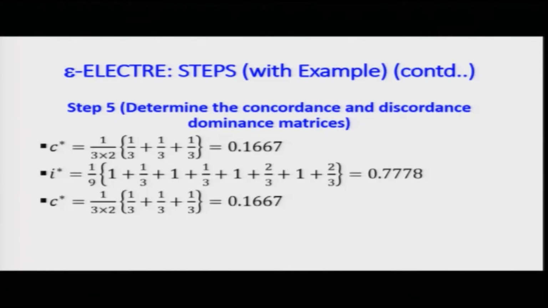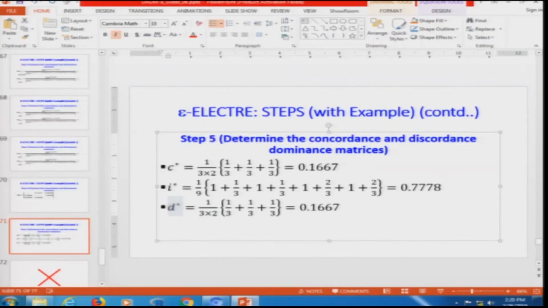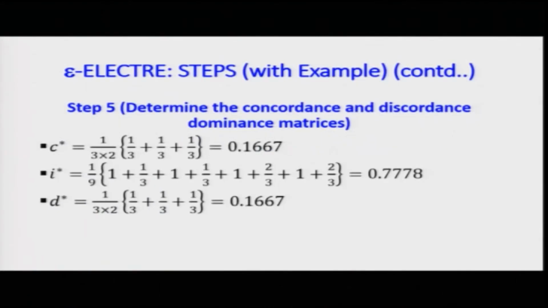So, these are the average values which I find out, the formulas which I use depending on m into 1 by m into m minus 1, the values which you calculate for the concordance, discordance, dominance matrix and the indifference matrix which you want to find out. C star comes out to be 0.1667, I star 0.7778, and again this should be D star. So, the D star also comes out to be